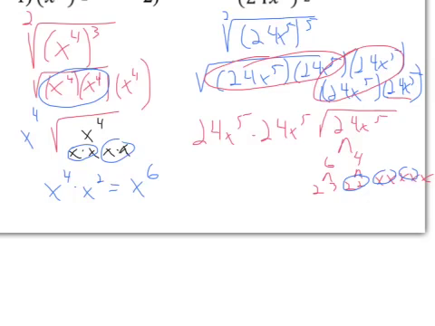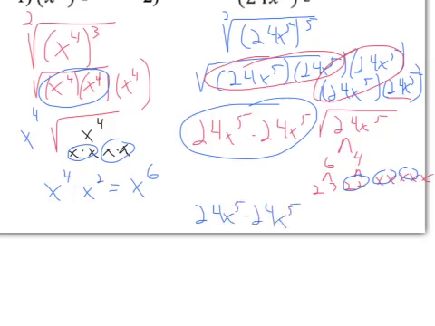Now I already have all of this on the outside, so I need to bring it down. So I have 24x to the 5th times 24x to the 5th. Then I'm bringing out 2 more x's. Left on the inside, I have 2, 3, and x. So 2 times 3, x. Alright, then to clean up the outside, I want to do 24